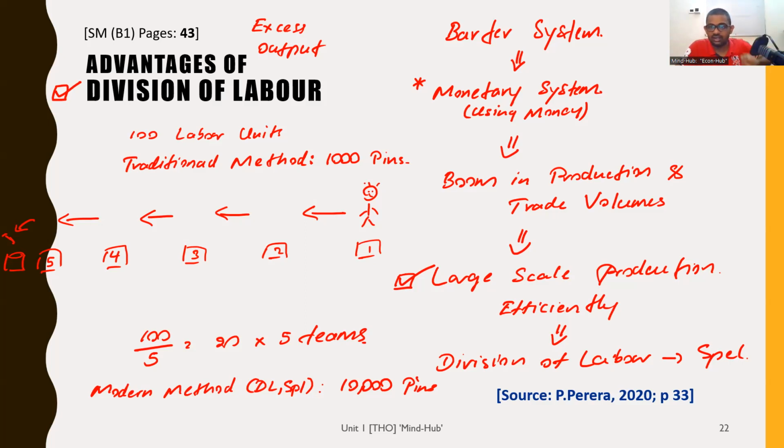We have the first example of the assembly line with the Ford Model T at the Ford Automobile Corporation in America. Henry Ford is the one who introduced this assembly line system. Rather than keeping the vehicle in one place and everyone having to come there and make it, the vehicle keeps moving, the chassis keeps moving, and you fix the different components. I'm sure all of you have seen it. So in that kind of manufacturing context, large scale production, what works? Division of labor works, specialization works.